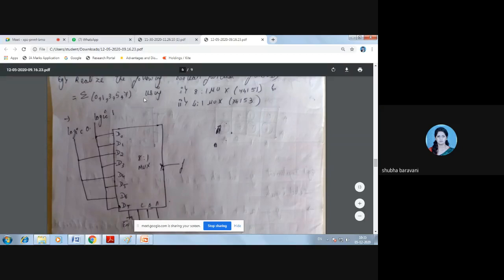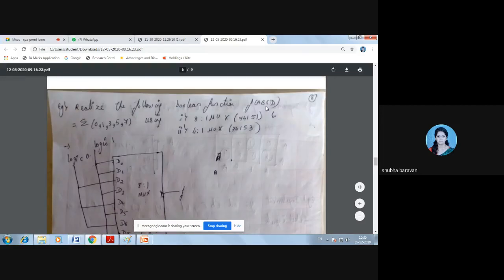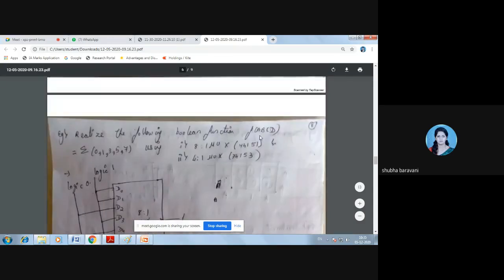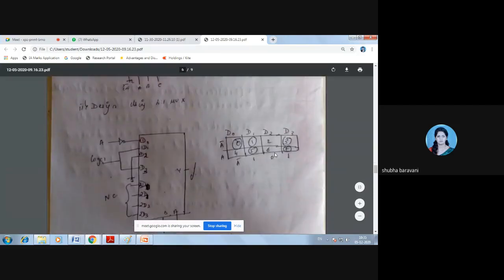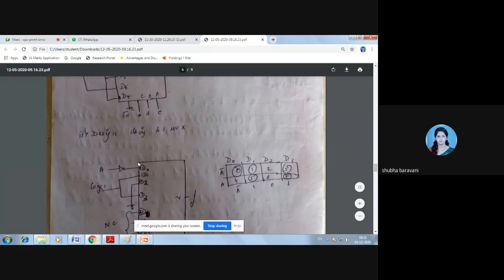However, if I want to implement this 3 variable function ABC using a 4:1 mux, what I'll do is configure B and C as select lines, and A I'll configure using an implementation table.